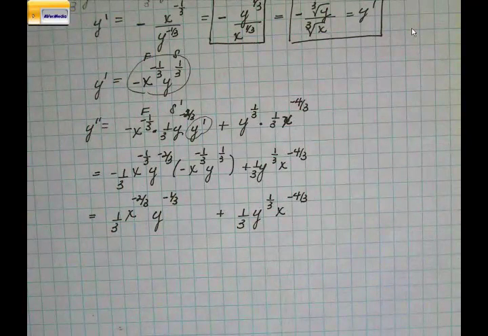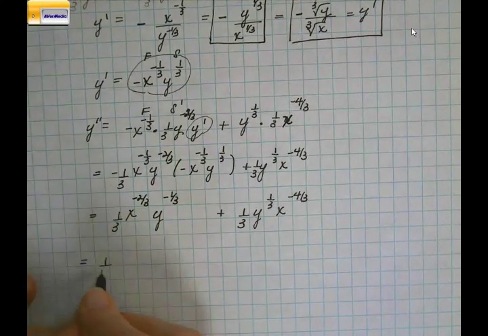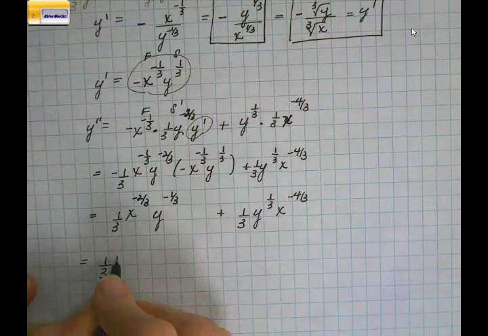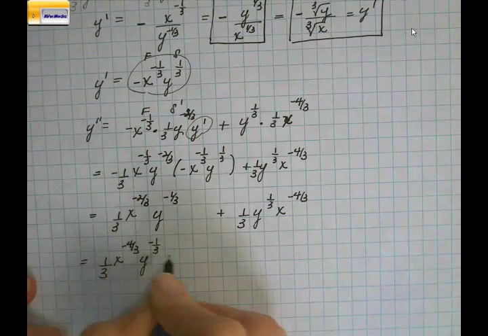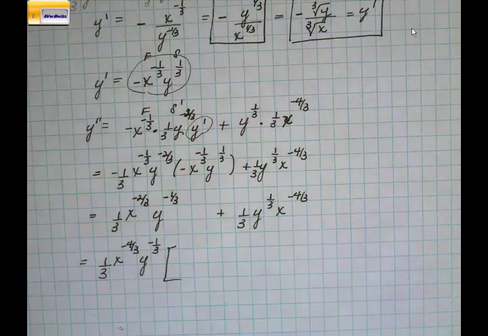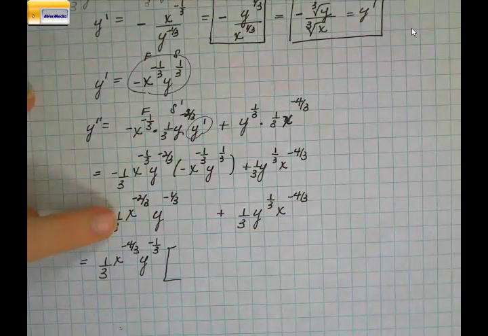Oh boy. Now there is a GCF. Okay. And the GCF is 1/3 x to the negative 4/3 y to the negative 1/3. That's your GCF. So on the first term, you pull off the 1/3, and x to the negative 4/3 times